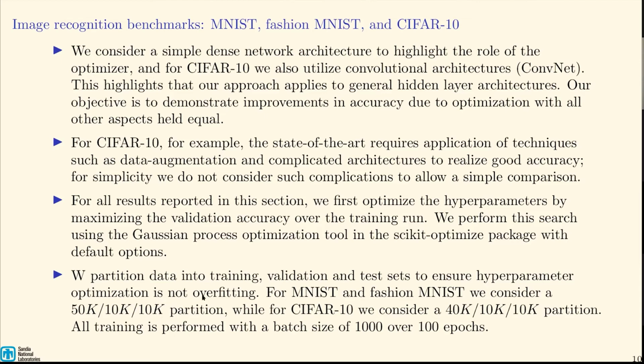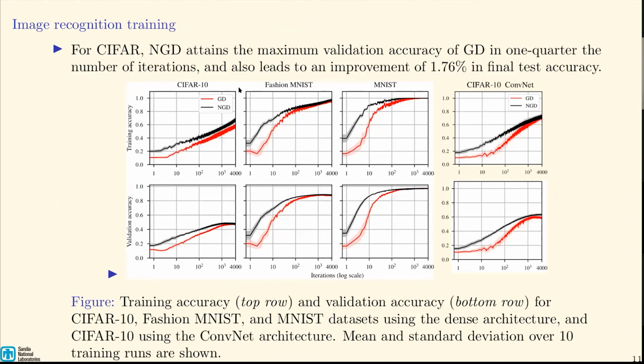So the story, in terms of the training accuracy and the validation accuracy, is similar to what we saw in the peaks. You basically never do worse with Newton gradient descent. You converge faster. You never do worse than regular gradient descent, and occasionally you get a few percent increase in your validation accuracy. Like I said, these aren't state-of-the-art results for these benchmarks,